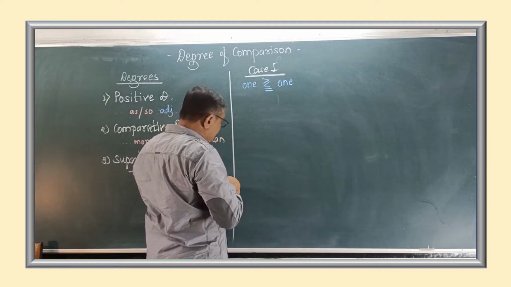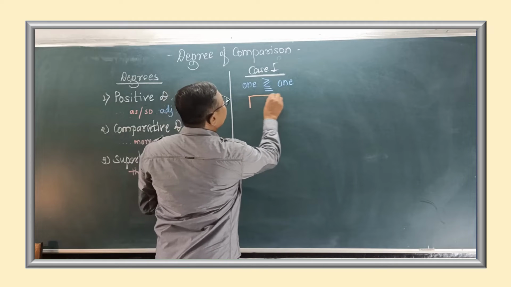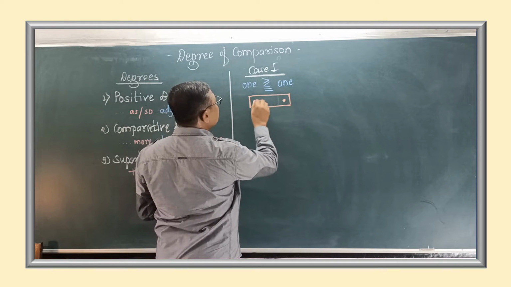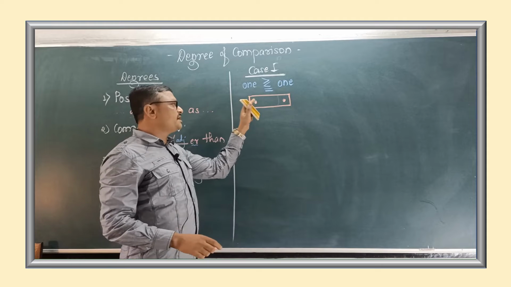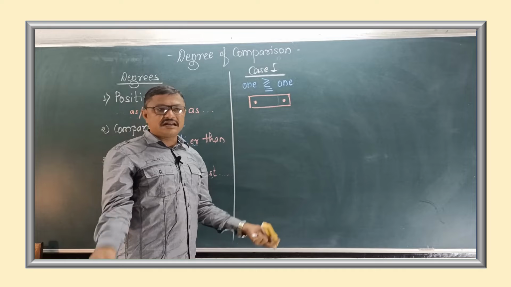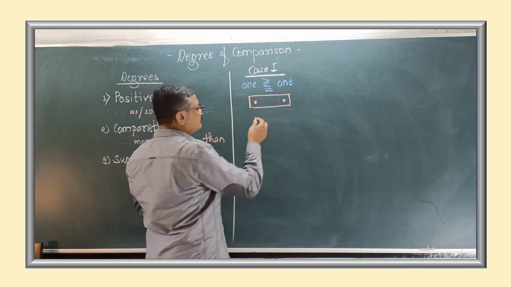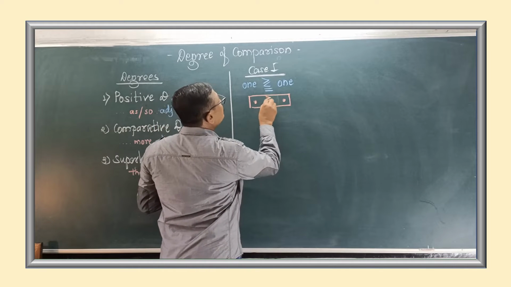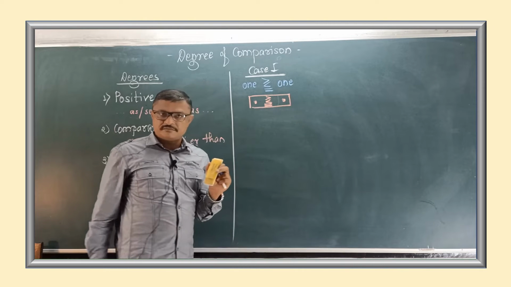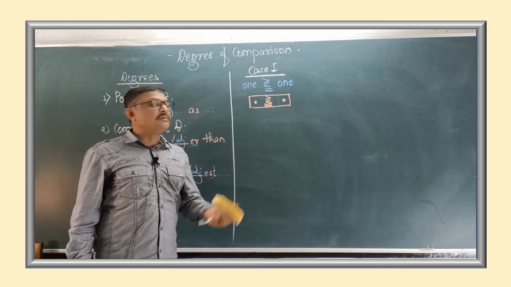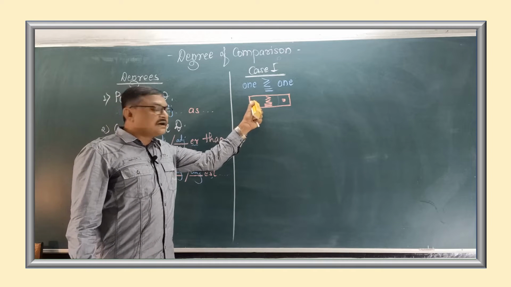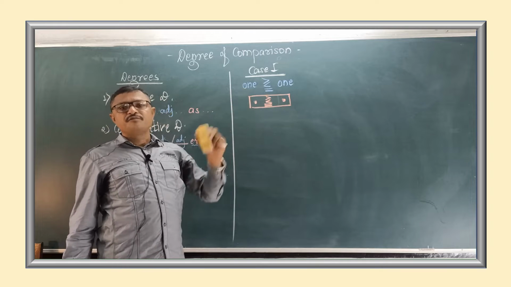I can draw a figure here. This one object, it may be anything. It may be a river, it may be a mountain, it may be a star, it may be a person, it may be a classroom, it may be a bench, whatever. Any one thing is compared with one another of the same group. River can't be compared with mountains. So if it is the Ganga river, it will be Brahmaputra.